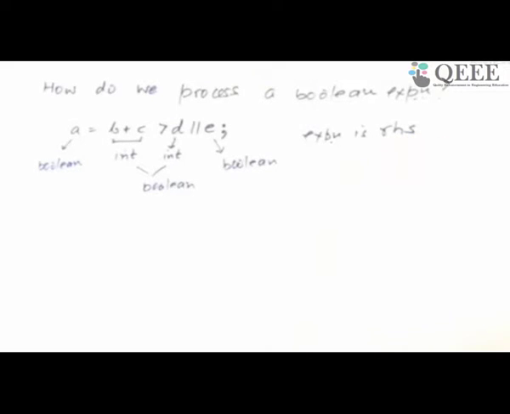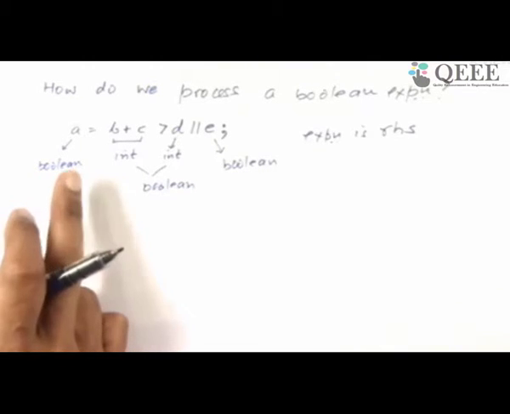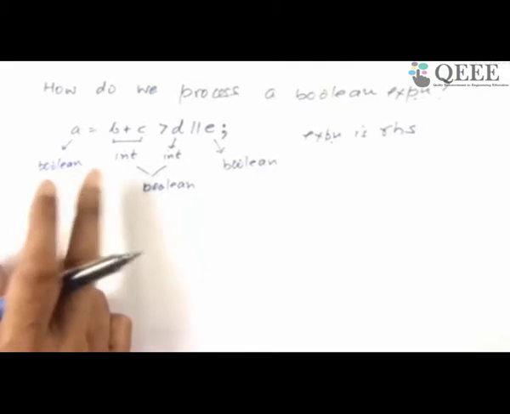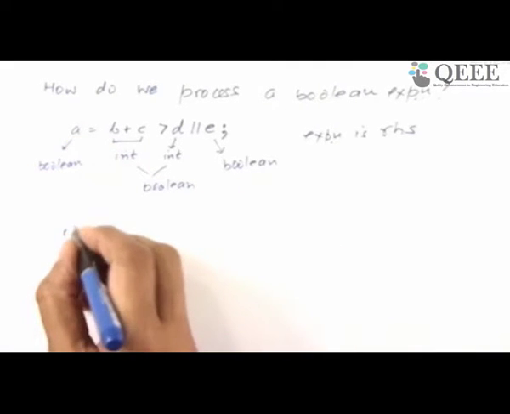So a Boolean expression may be assigned not necessarily to a Boolean variable, but to a floating point variable, anything; some conversion will take place. This is another way in which a Boolean expression is used. This is the first way. The second way is what I was trying to do now.